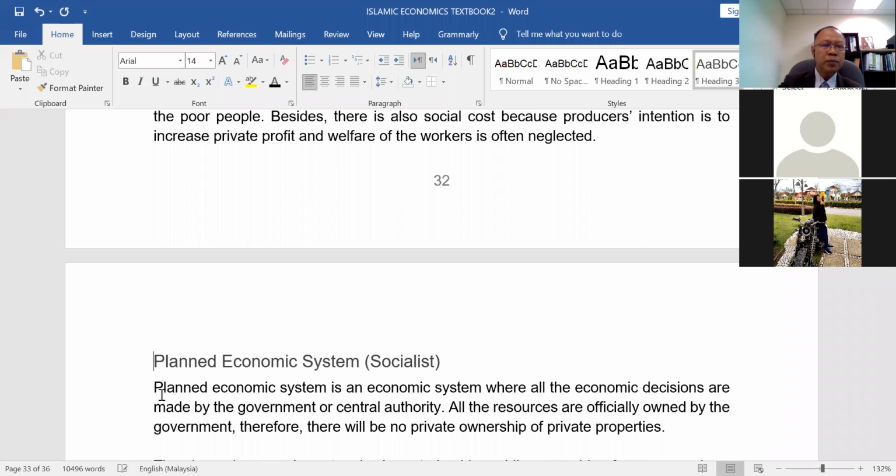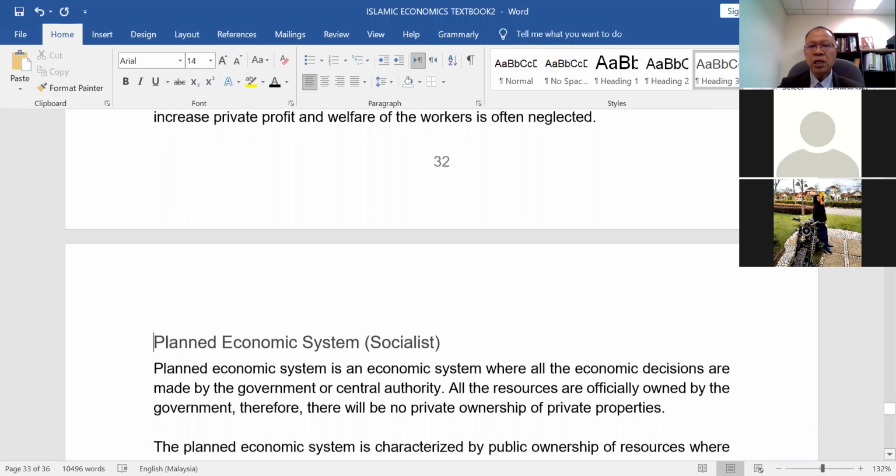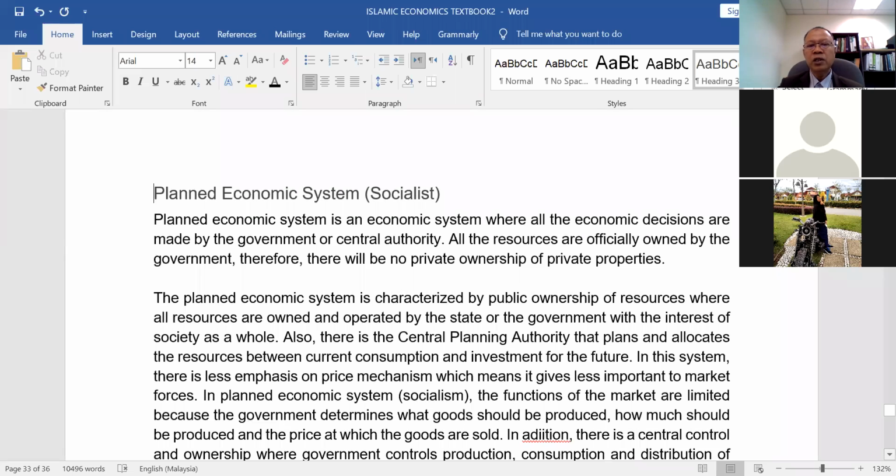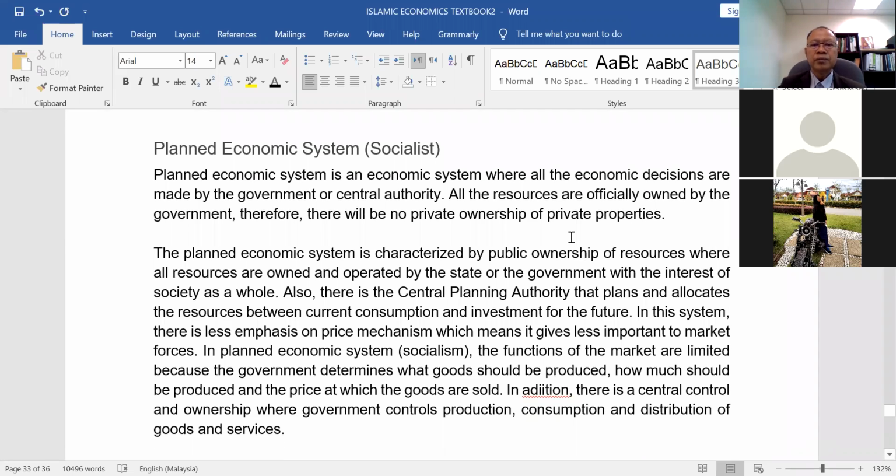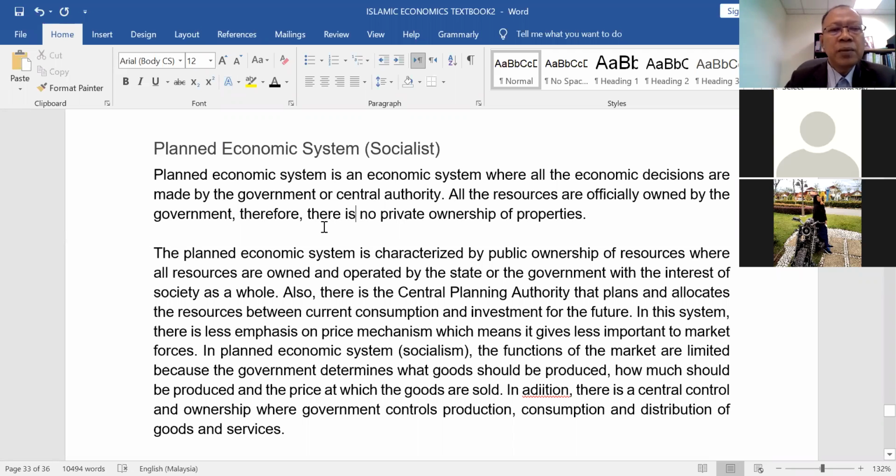So let's move on quickly to planned economic system or socialist. Planned economic system is an economic system where all the decisions are made by the government or the central authority. All the resources are officially owned by the government, therefore there is no private ownership of properties in the socialist economic system. So the planned economic system is characterized by public ownership of resources, where all resources are owned and operated by the state or the government with the interest of society as a whole. Also, there is a central planning authority